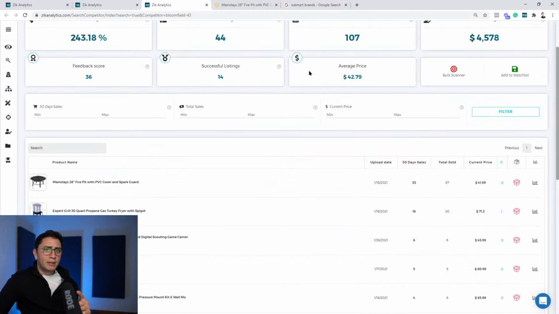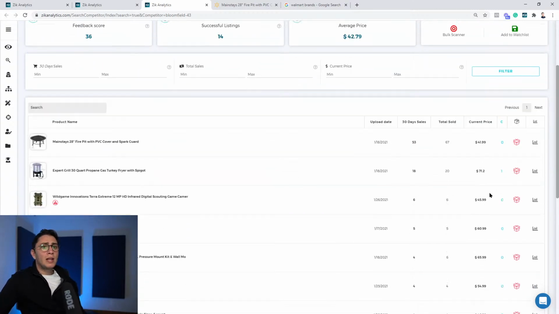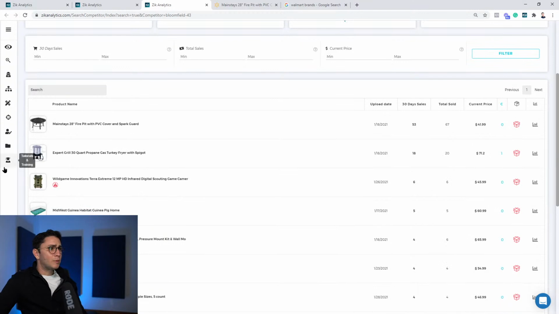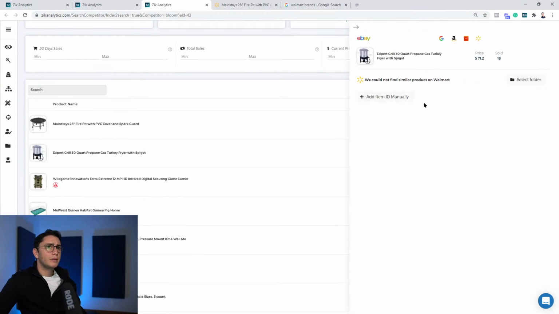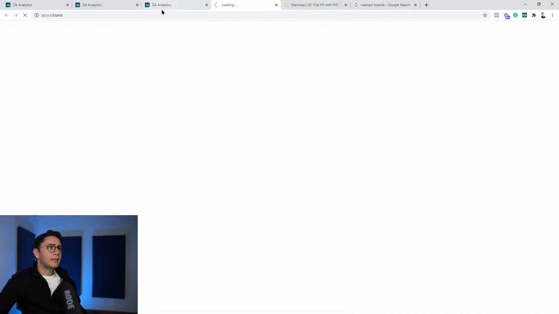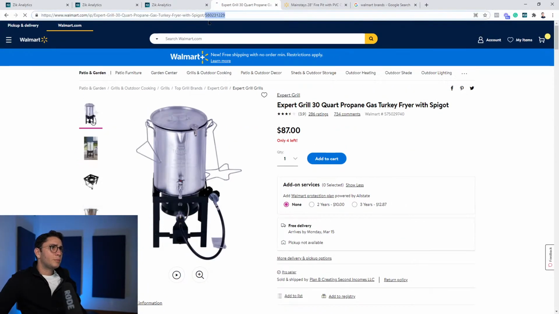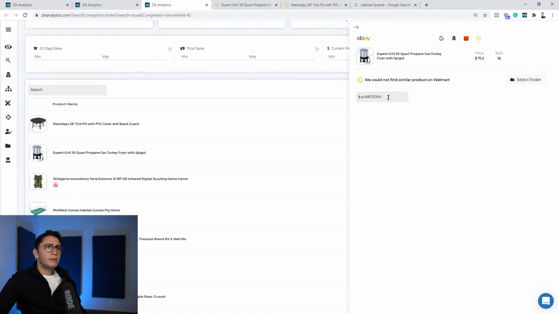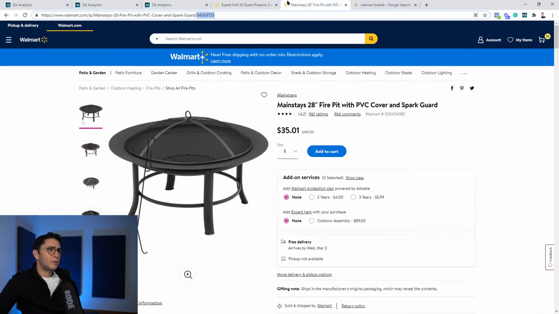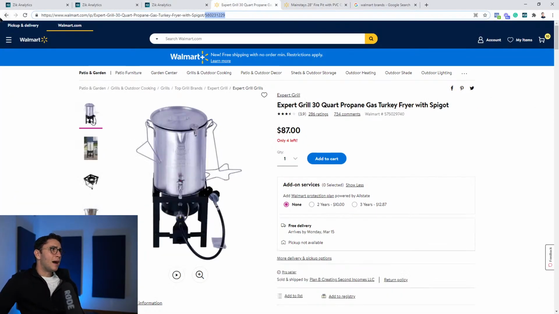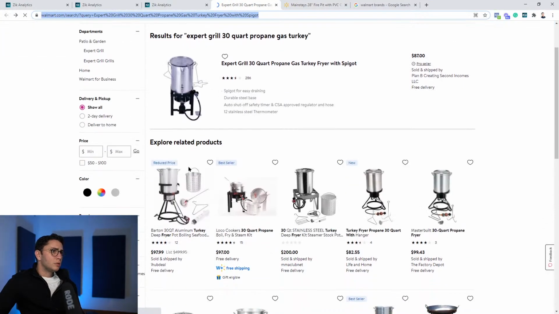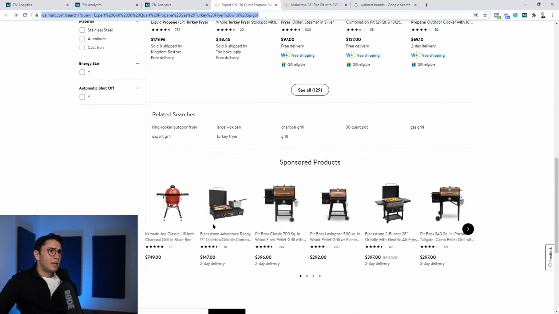In the next upgrade, in phase 3, Walmart is going to be upgraded even higher. You'll have a lot of Walmart products we find in advance. But right now, it's very quick as well. I come here, I click the Walmart button, find the product here, very good. Take the product ID, put it back here, click reload item, and see the profit calculations. Here, it's not profitable, or maybe this is not the right product, okay? But this is your work. This is what you need to do. There are other listings, maybe for a better price, and we have to check it out and see.